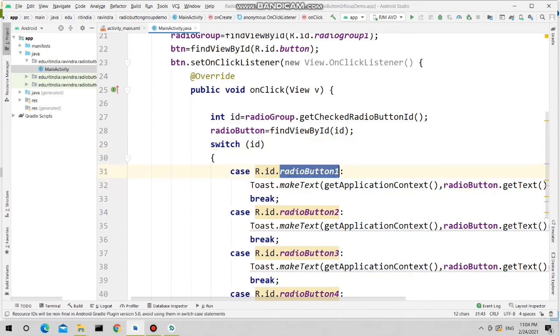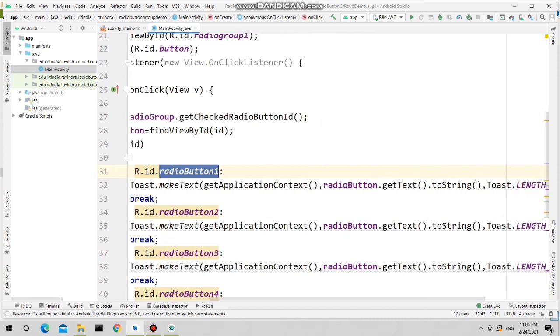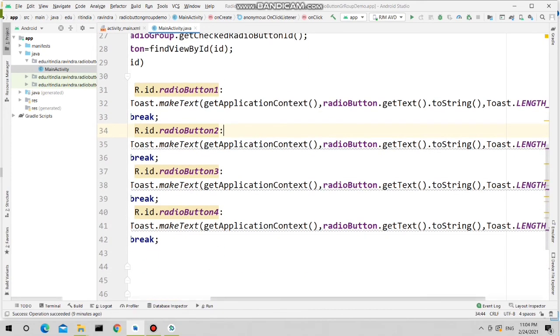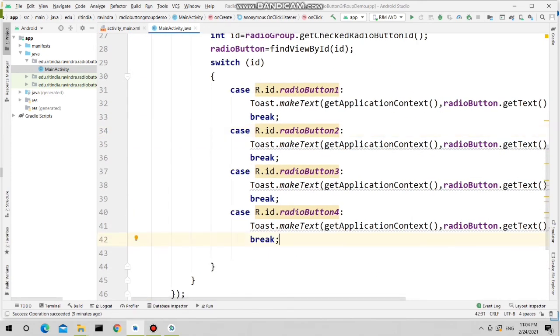If there is a match, then we are simply displaying the text of that selected radio button with the help of toast. So this is the simple coding.